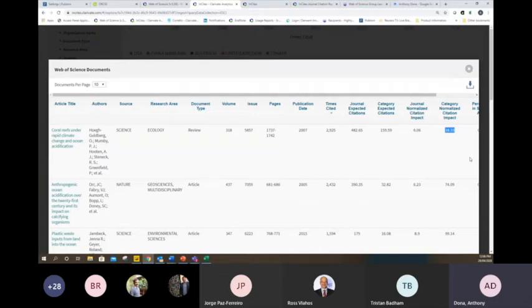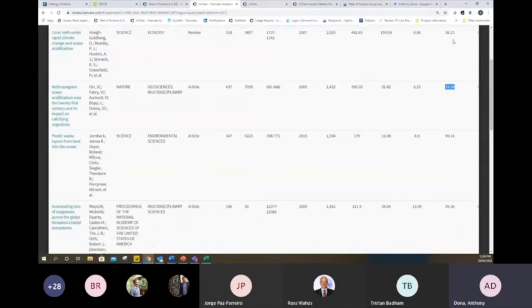The document under it, published in Nature, has been cited less times, but has been cited more times in comparison when you're comparing it to everything published in the same area of research in the same year of publication. So you'll notice this publication is actually performing 74 times better than expected with regards to the number of citations. So each one of those documents will get a category normalized citation impact.